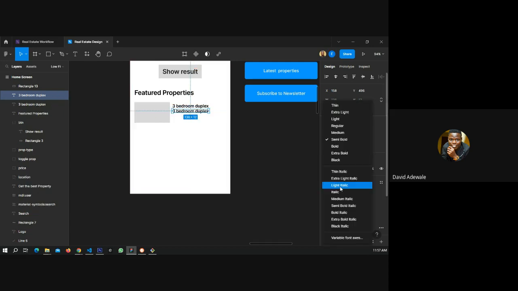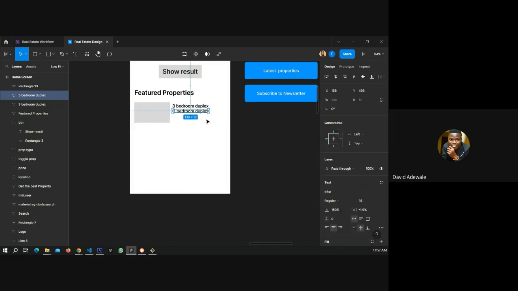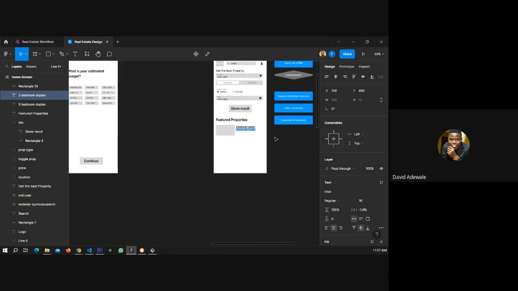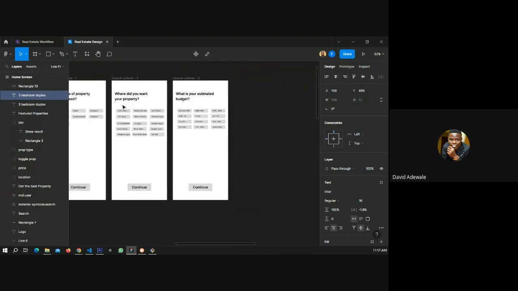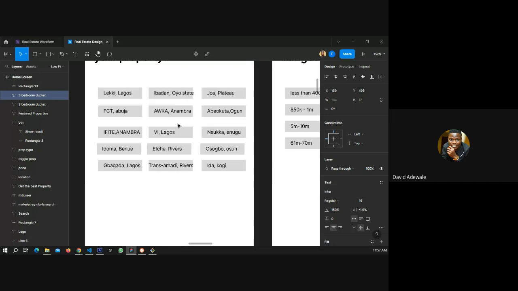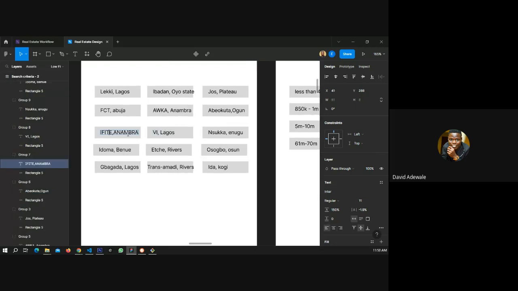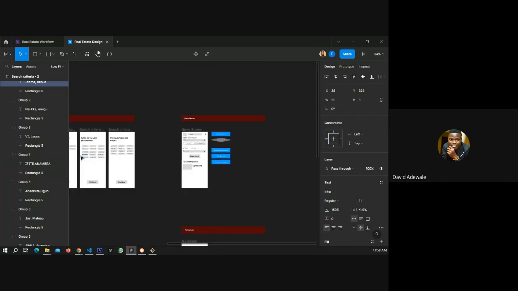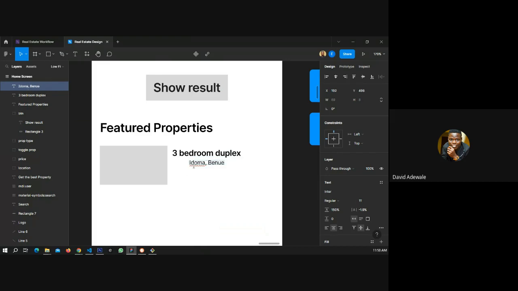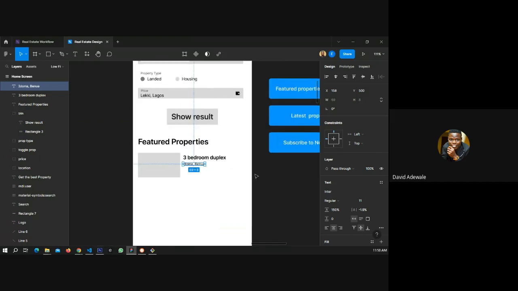Location can come in. Let me see regular. Where is it located? Let me find one fine location. Where did you want your property? Yeah, let me pick this place. Or Idoma. Idoma, Benue State.